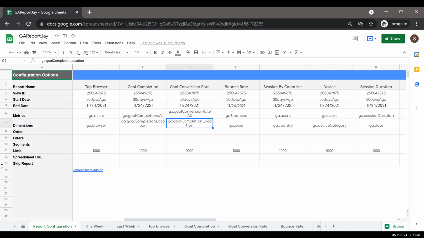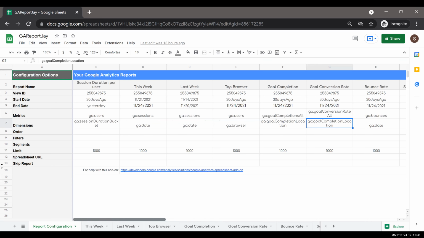But these are not dynamic, right? It's only the first tab that is linked to Google and everything, is it? What do you mean, the first tab? Like this week, last week, top browser, those below the tab. When you generate a report, is it updated? Yeah, it's updated. Each time you run it, you update all the data back, and then the chart will also automatically give you a new chart. Okay. Does it take long to do one tab? No, not really. It's quite fast.